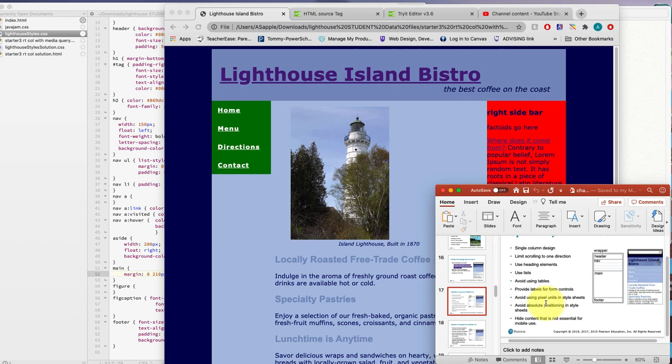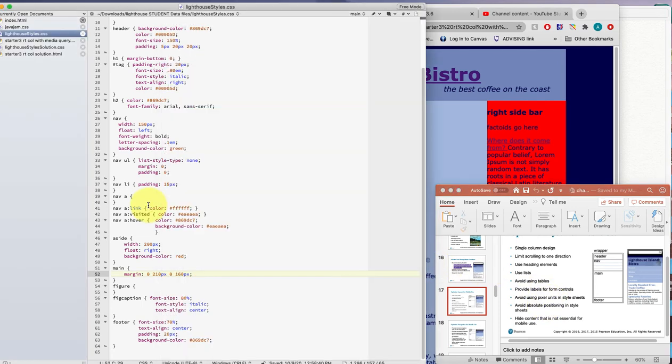Avoid using a set specific unit size whenever possible. You can see it in our navigation, in our CSS file, sometimes we specify pixels, and that's okay when we're talking about padding or margins, but it's not advisable to use a set size when it comes to font size,